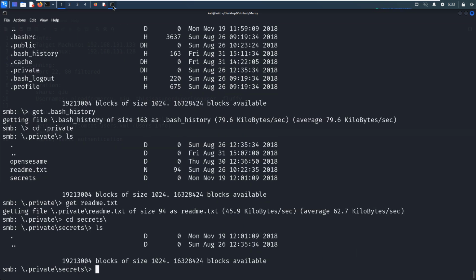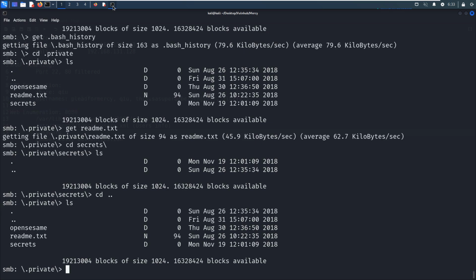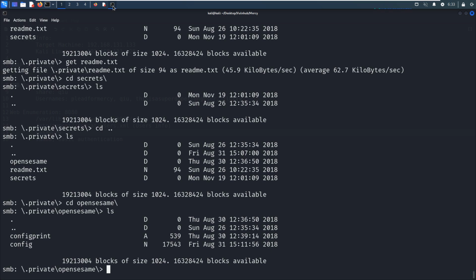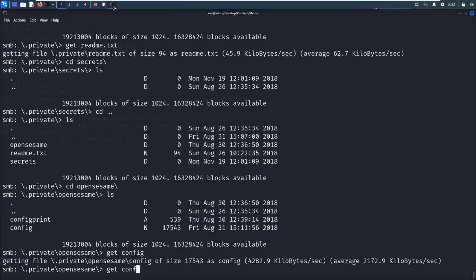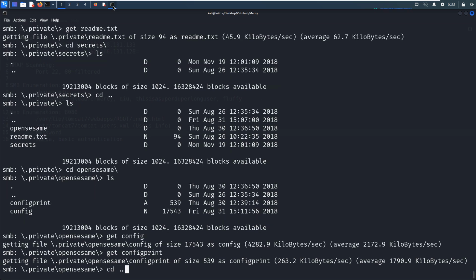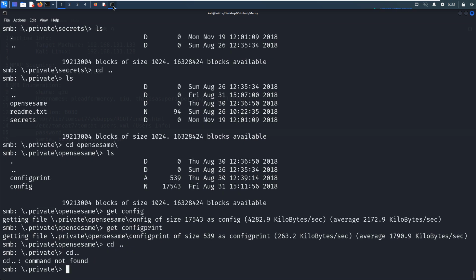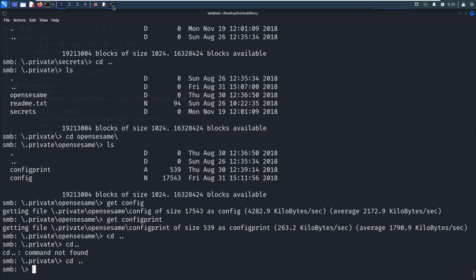What is it about? Nothing here. Go to open. And we can get down config, print. Okay.